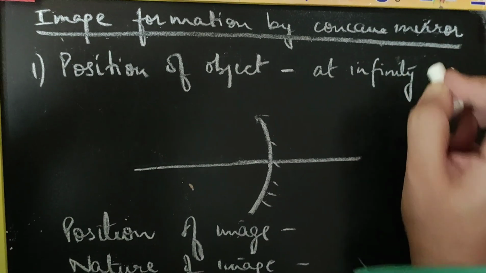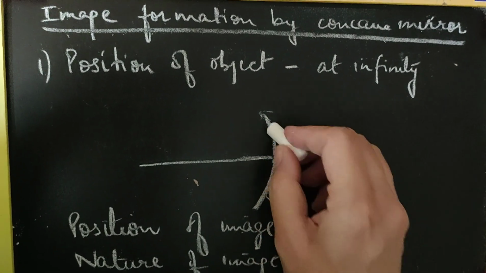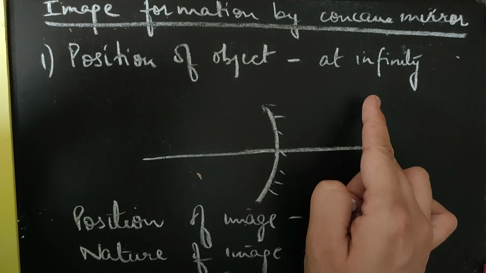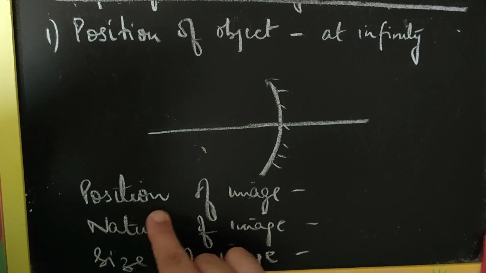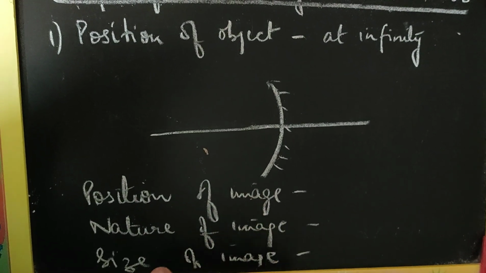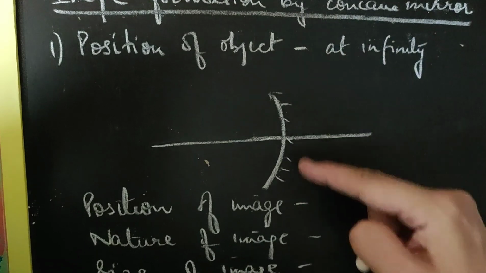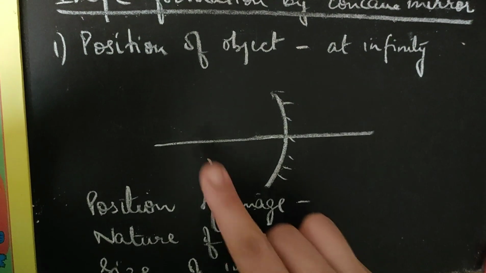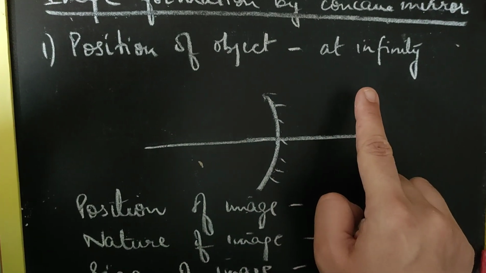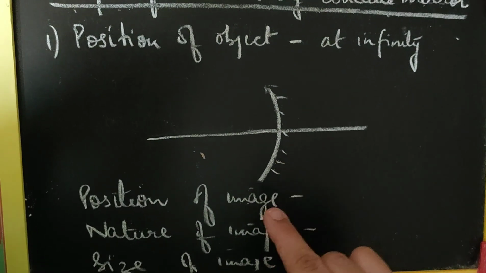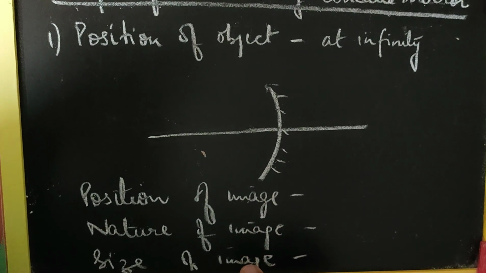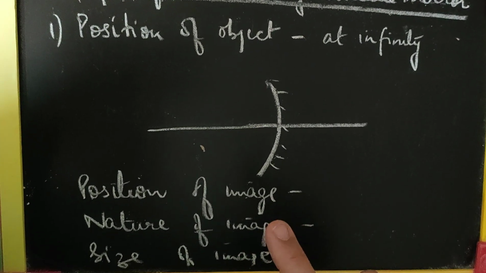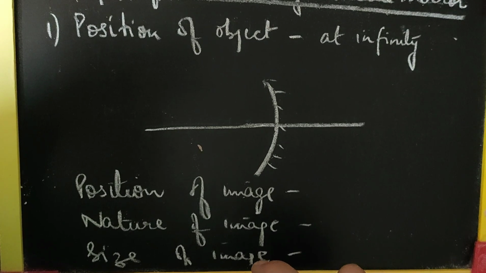This ray diagram you have already done when you define the focal length of the concave mirror. So when the object is at infinity, we will find out the position of the image, nature of the image and the size of the image. Pattern यही रहेगा ray diagram को report करने का in all cases. We will be writing the position of the object, we will draw the ray diagram and we will list these three characteristics of the image every time we draw a ray diagram: the position of the image, the nature of the image and the size of the image.